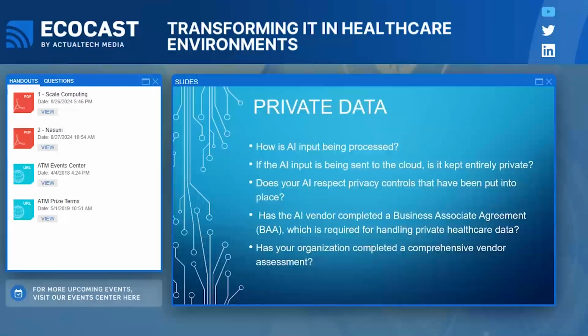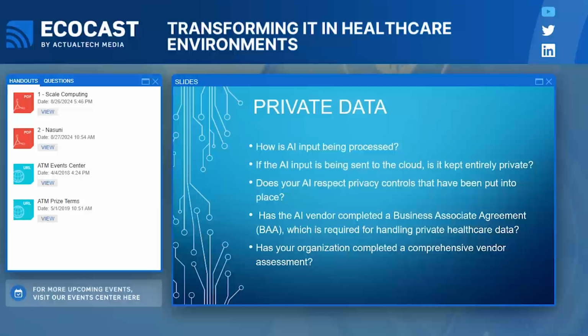So let's start out by talking about private data. Now, anytime that you start thinking about using AI, there are a few things that you're going to have to think about. One of the big ones is, how is the AI input being processed? Now, what do I mean by that? Well, typically, if you've got an AI-driven system, there's going to be some mechanism of inputting data into that AI. And then once that data has been input, that data has to be processed somewhere. So is that data being processed in a server in a back room somewhere? Is it being sent up to the cloud for processing and then a result being returned? Because the reason why that's so important is because that's going to make a difference as to how you have to treat that system with regard to the handling of that patient data.